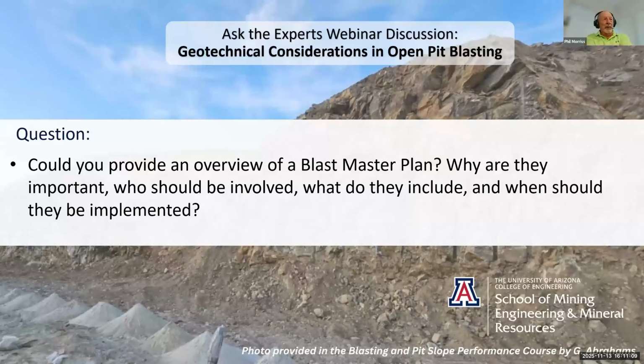If I could add one final comment there, because I've been a long-term planning engineer, the whole process can get pushed really hard because vertical rates of advance from the long-term plan are excessive, and you're in a relatively small environment reaching towards the base of a pit, and they're trying to maintain productivity rates in the long-term plan, and this causes all sorts of flow down issues into how we structure and run the blast master plan system,